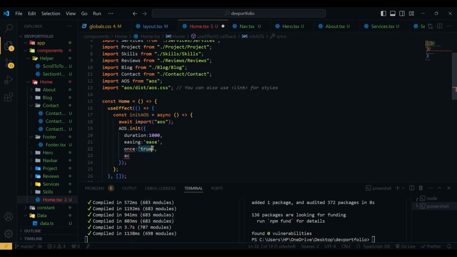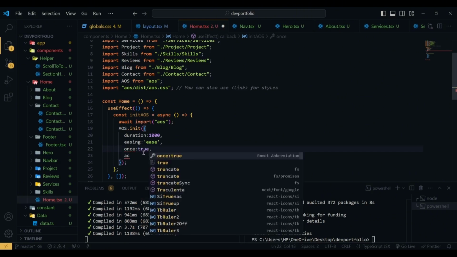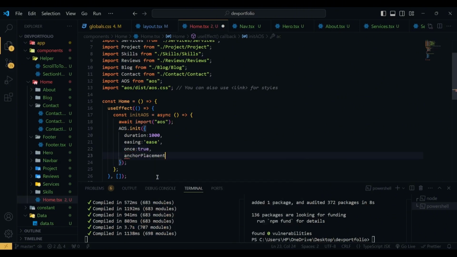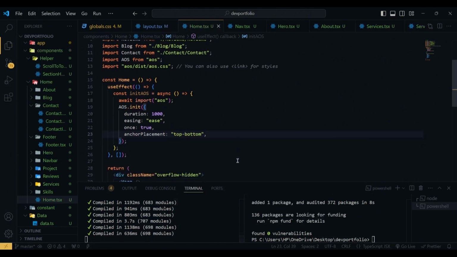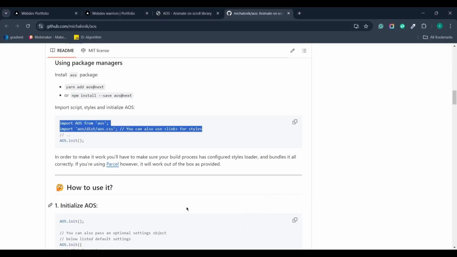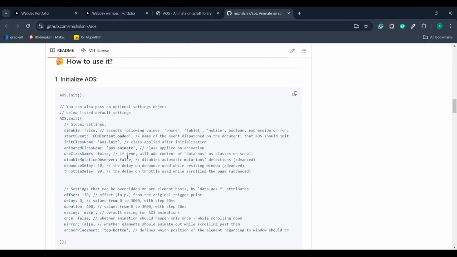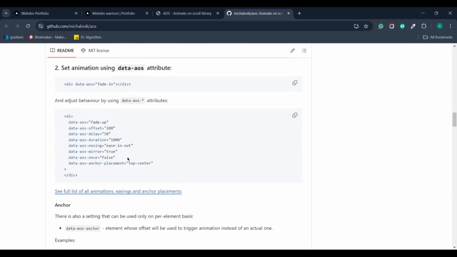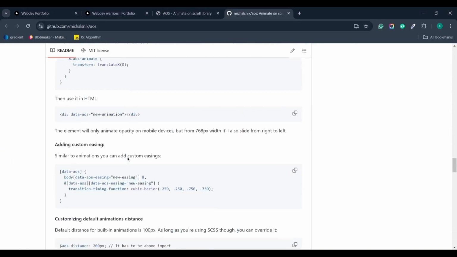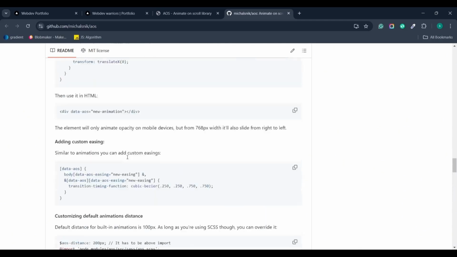Once will be true, and anchor placement will be top-bottom. Now if I hit save, and if you go to their GitHub page, you can see they have a lot of options that you can customize. You can learn more by reading their documentation. So for now